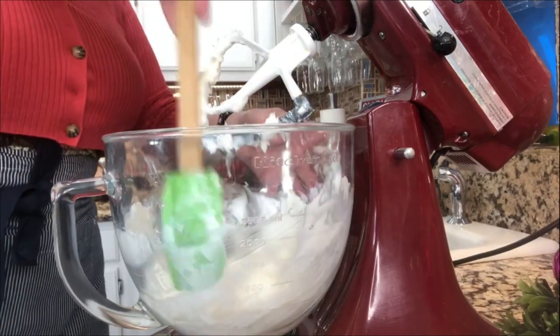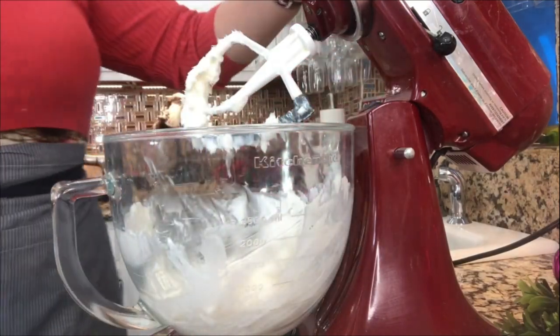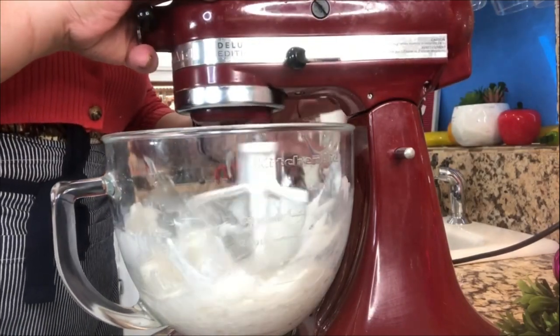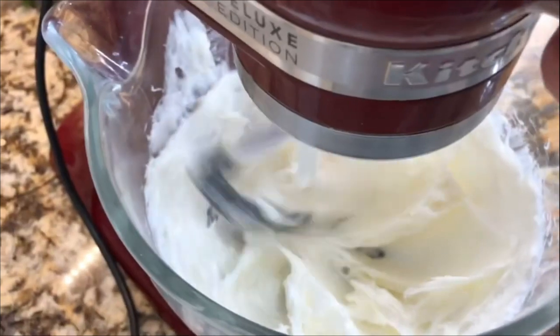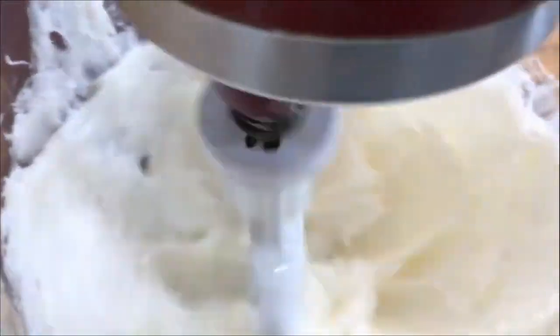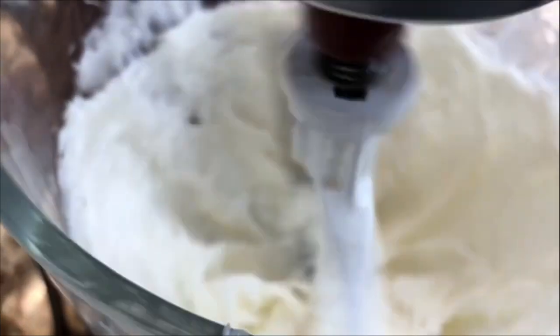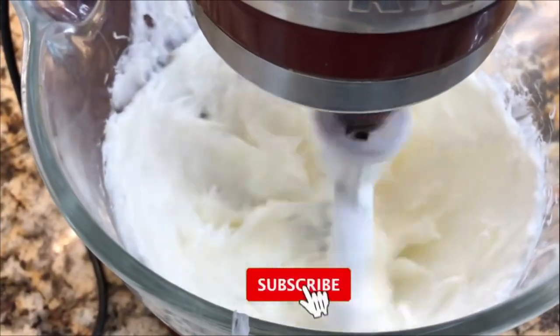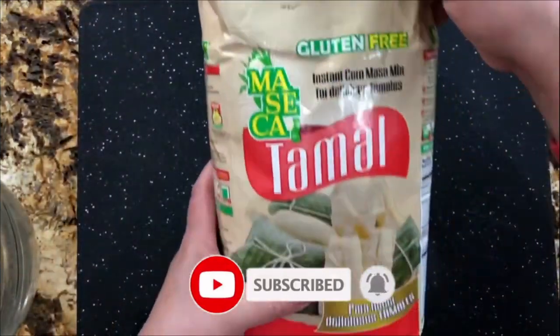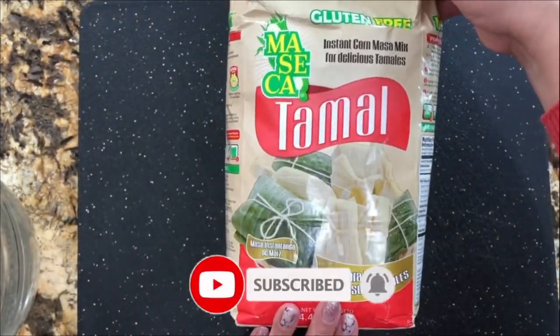When the lard is nice and fluffy, that means that your tamales are going to come out very spongy and very delicious. Look at this. You want to cream it for about 5 to 6 minutes until the lard is really fluffy. Once this is done, I'm going to get ready the